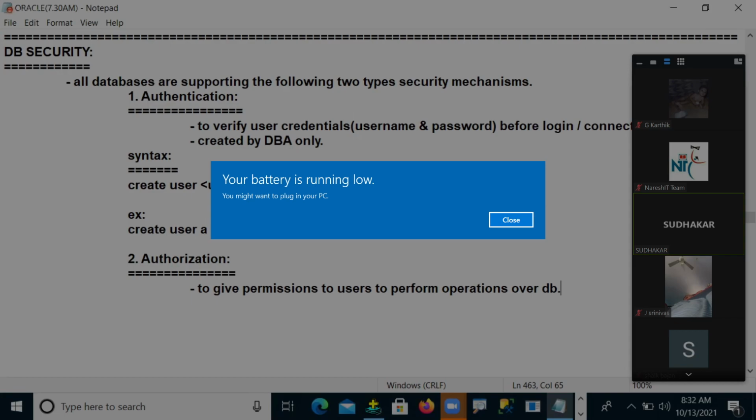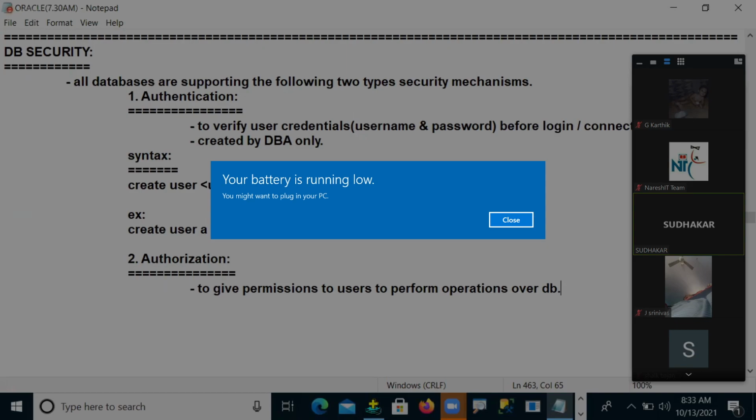Authentication means only connectivity, just login permission. Other than connecting or logging in, you can't do any kind of operations. Why? Because we don't have authorization permissions.